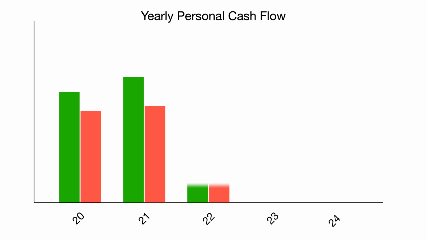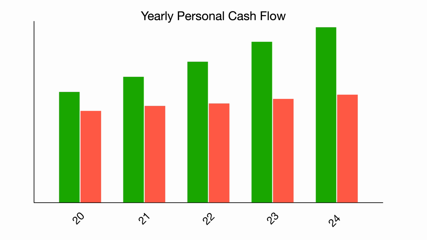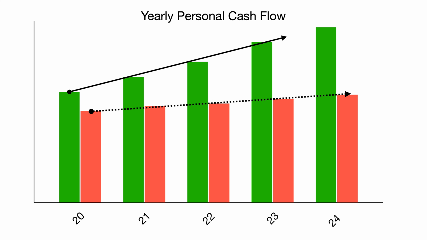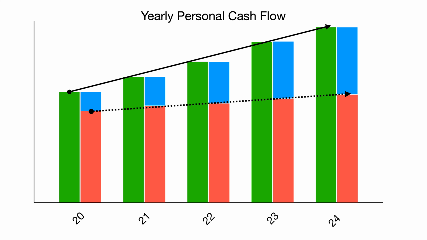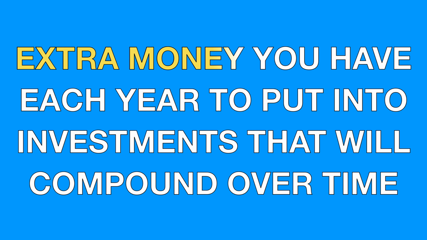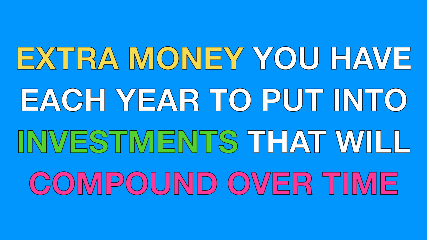So if you had 2020 through 2024, a 5-year period, this would be a very ideal scenario for anybody, where you see your expenses here have gone up just a little bit, so you're spending a little bit more, but your income keeps going up at a much higher pace. So those cash flows each year that you save keep getting bigger and bigger and bigger. And just think about it, that's very good because all of that is extra money that you have each year to put into investments that are going to compound over time. So again, the more you save each year, the more you have to invest and just put yourself in a better situation for the